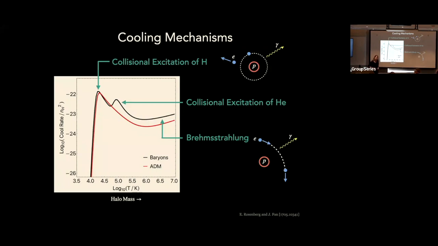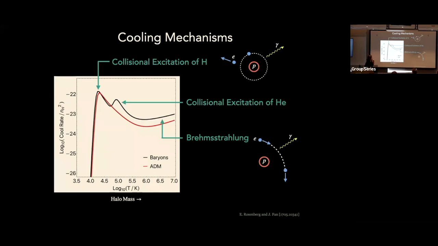Is there a reason why the dark matter peak is just slightly offset from the baryon peak? Yes. Partly it's because of the equations that we're using to model the collisional excitation in the dark hydrogen. There are some factors out in front that we're setting to unity and aren't tuned to be exactly the same as in the standard model one. So that's probably what's giving that little shift there.